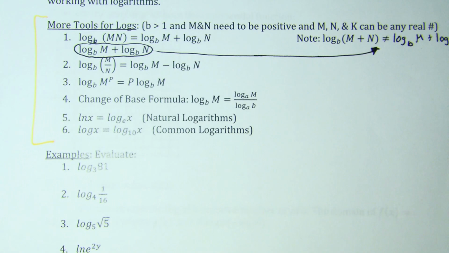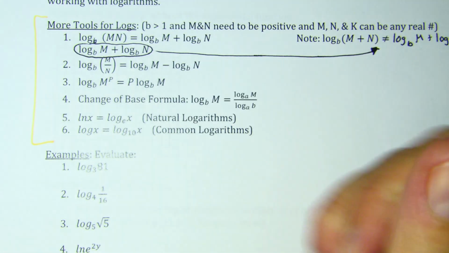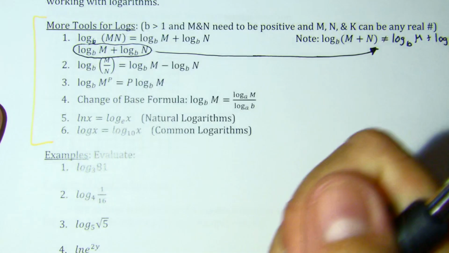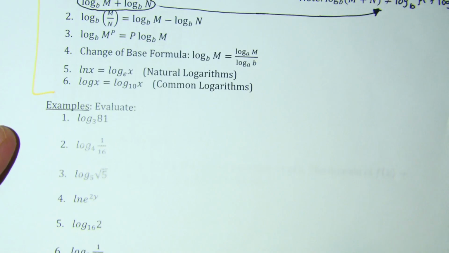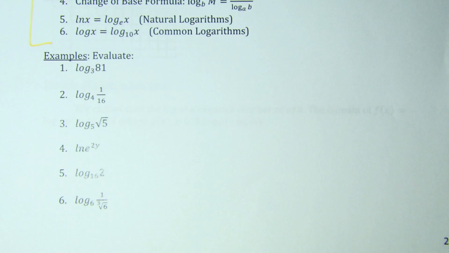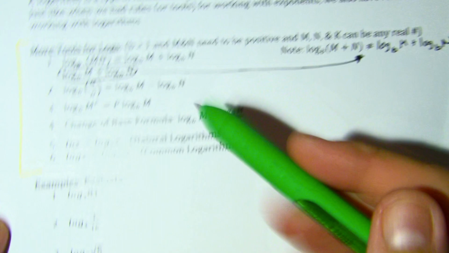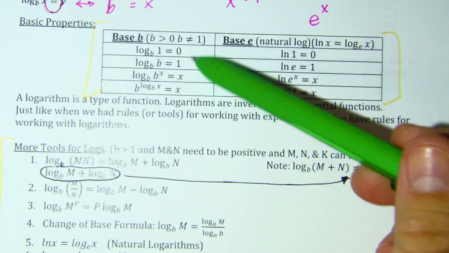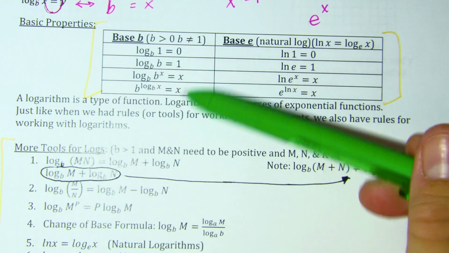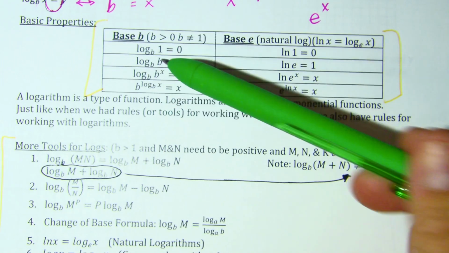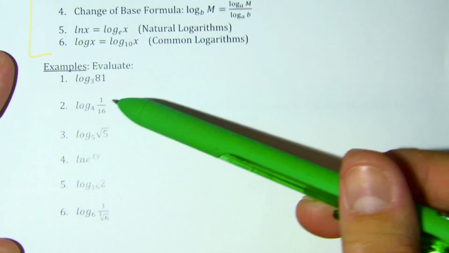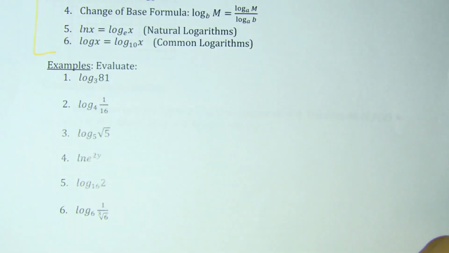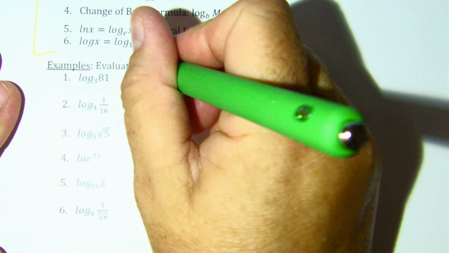So we'll come back to these rules a little more in part 9, but they are here just for your use. Now, these first couple examples we have here are asking us to use these rules that we saw up above. You're not going to be able to see them on my screen, but they're on the same page, so you have them in front of you. And you're going to be evaluating these using those rules. Now, the one we're going to use the most